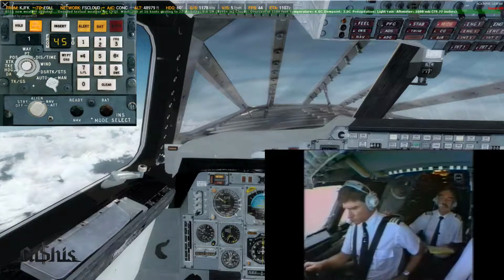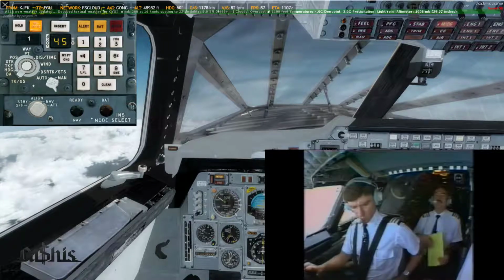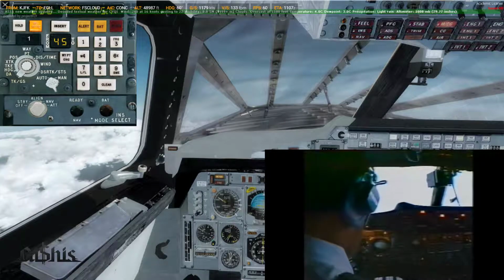Altimeters and the radio altimeters, there's no update. We have checked nose, the approach checks complete. And at the moment we're only cleared to 5, so as we approach that...